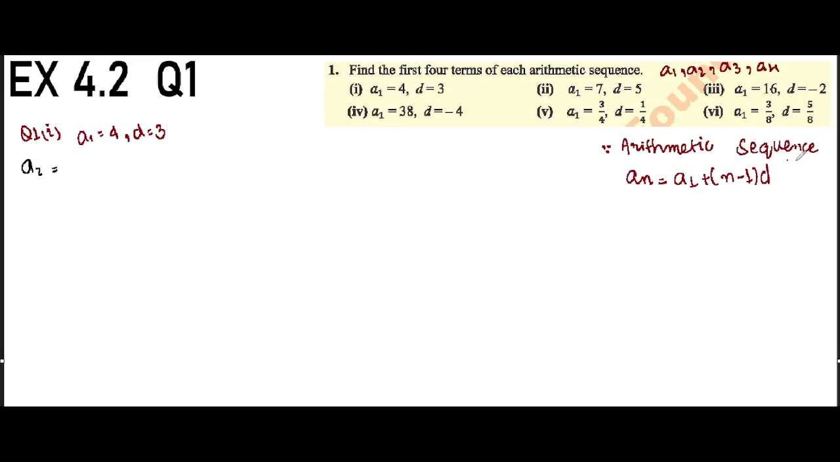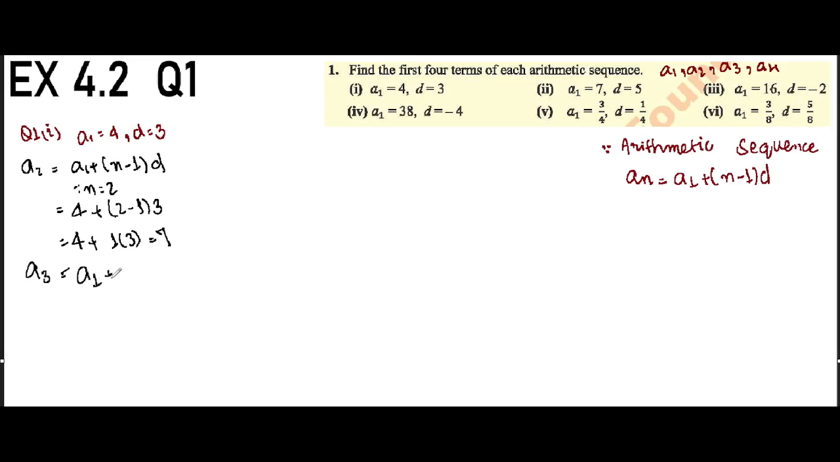a2 is equal to a1 plus n minus 1 into d. What is n over here? n is 2. So a2 equals a1, which is 4, plus n is 2 minus 1 into d is 3. So 4 plus 1 into 3, 4 plus 3 equals 7. Now a3 equals